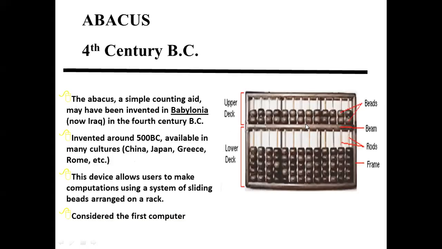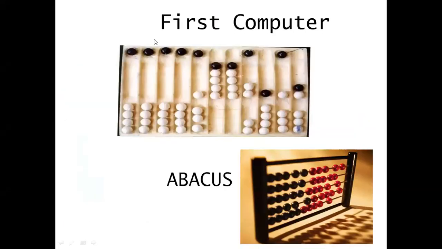Next topic is computer history. In computer history, we have to study about the generations of computer. First generation, second generation, third generation, fourth generation, fifth generation. Okay. So first is abacus. It's very, very important. First I just want to show the names of the computers over the history. This is the first generation computer.